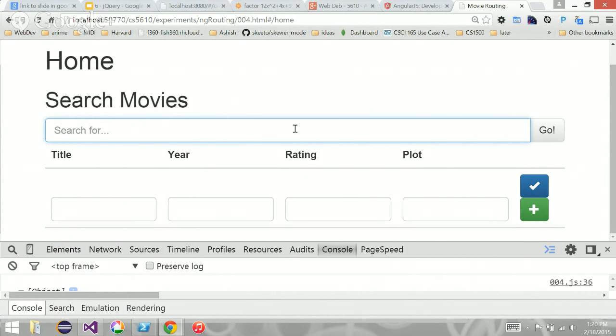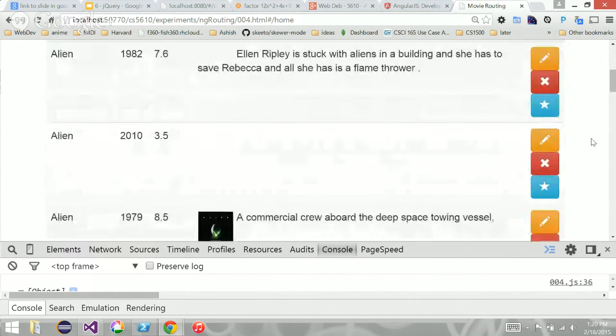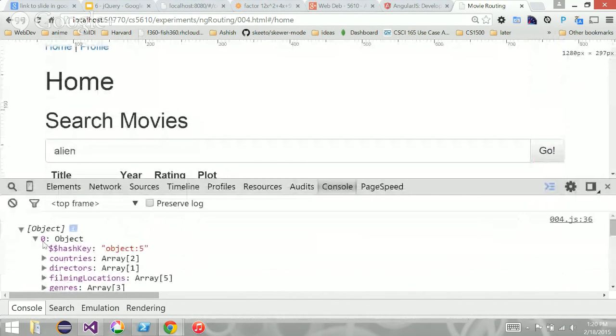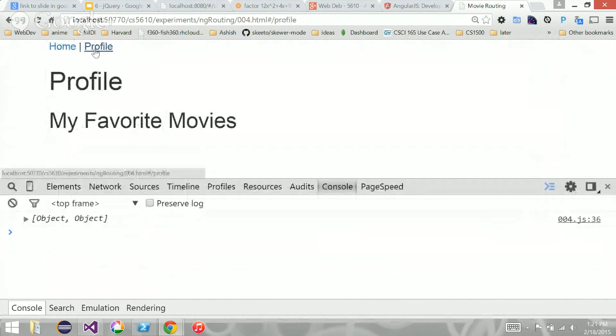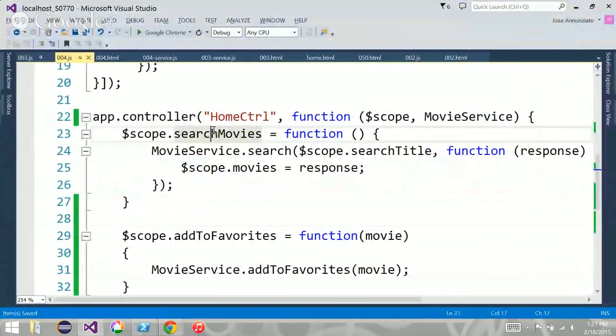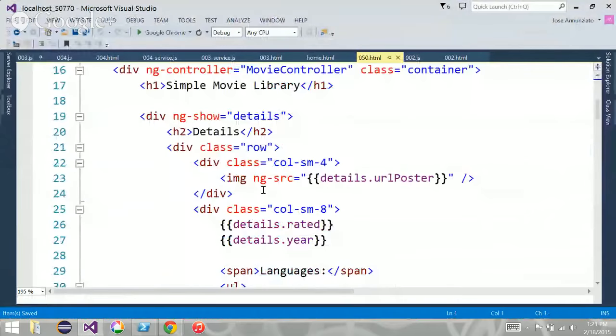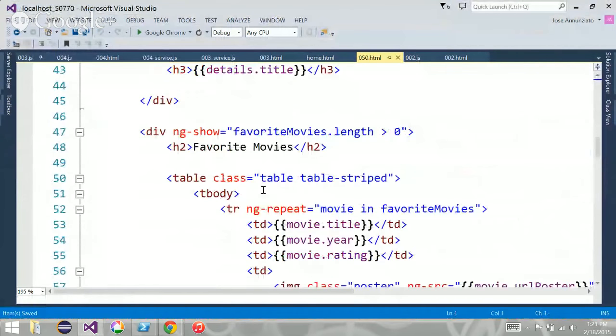We can go to Alien and favorite another movie. All right, so I'm going to favorite that, and I'm going to go to my profile. Notice that I have two objects now, right? So basically, I need to just display here my favorites, and I have code for that somewhere, don't I? I have it here, I believe. Movie favorites. Yada, yada, yada. There it is, my div favorites, right?